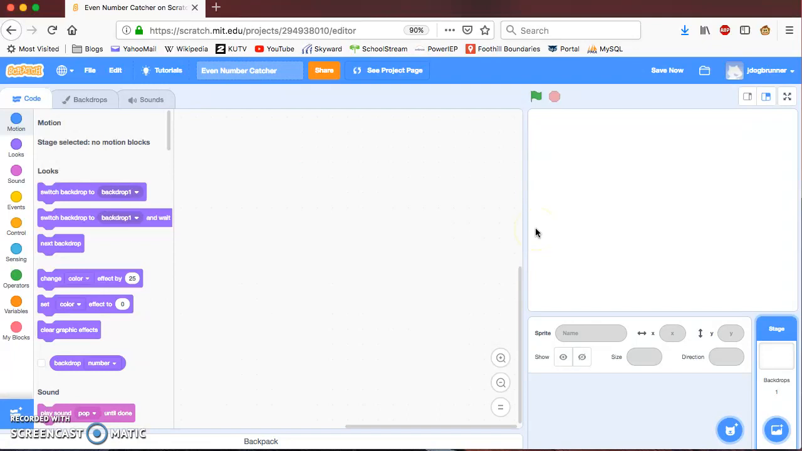For this one, it's a little game that you could use with a little brother or sister to help them practice the difference between even and odd numbers. So we're going to have numbers flying across the screen. We're going to have a sprite that the player controls that moves up and down. And the point is to catch the correct number. So if you catch a number that's even, the score will go up, and if you catch an odd one,